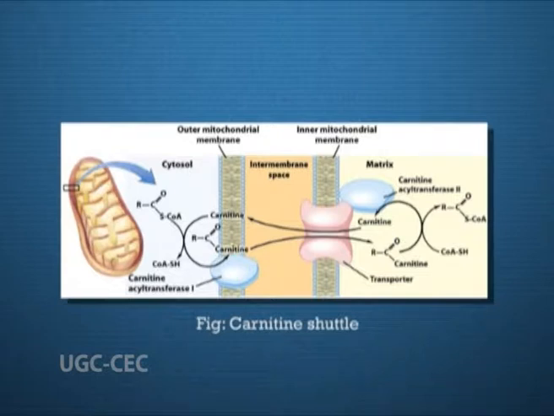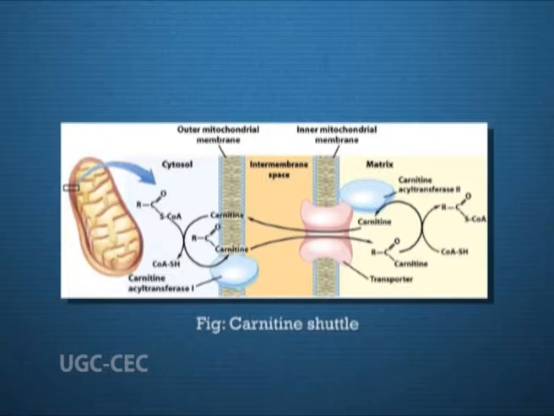This transesterification is catalyzed by carnitine acyl transferase 1 in the outer membrane. Either the acyl-CoA passes through the outer membrane and is converted to carnitine ester in the intermembrane space, or the carnitine ester is formed on the cytosolic face of the outer membrane, then moved across the outer membrane to the intermembrane space. In either case, passage into the intermembrane space occurs through the large pores formed by the protein porin